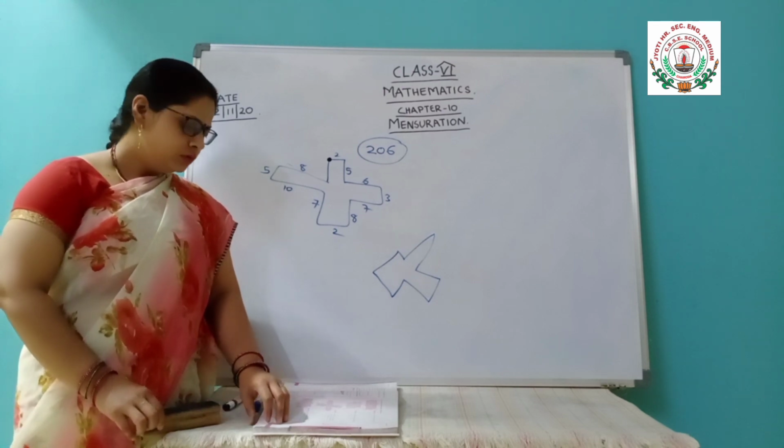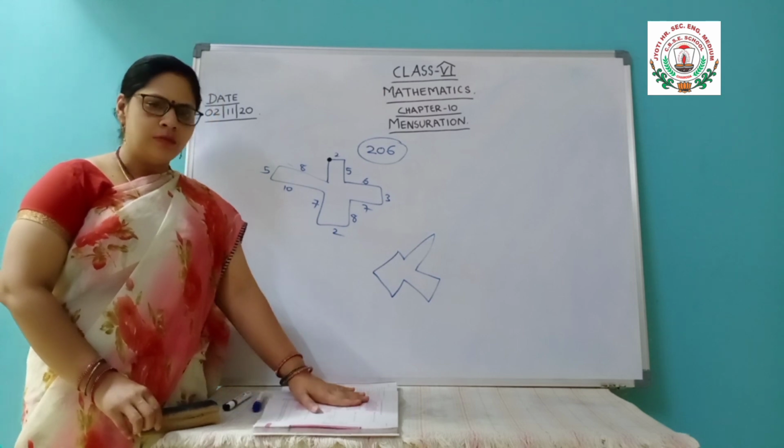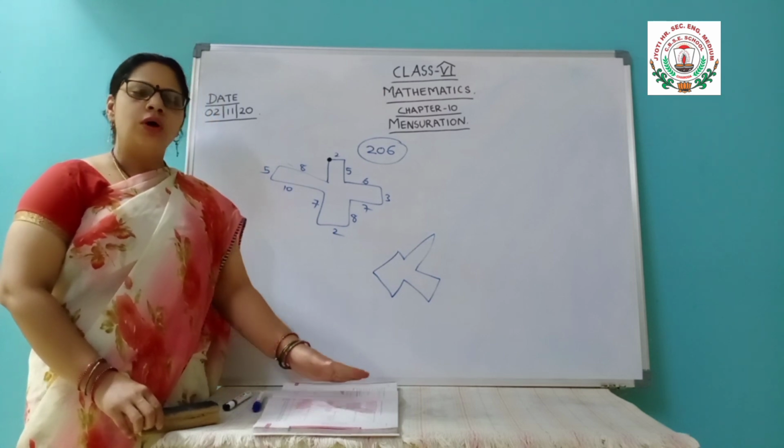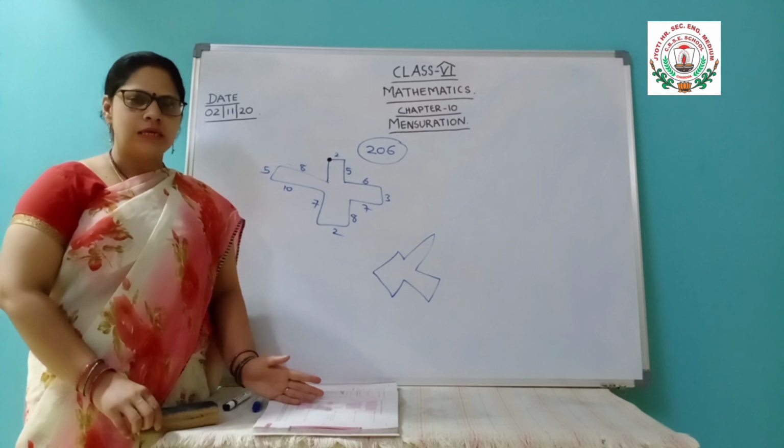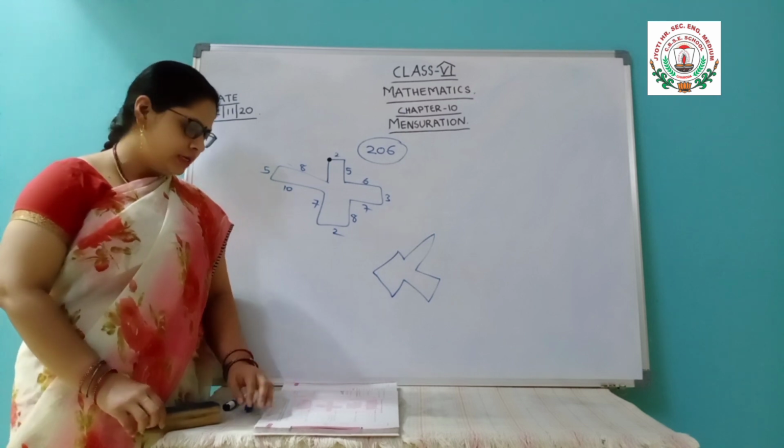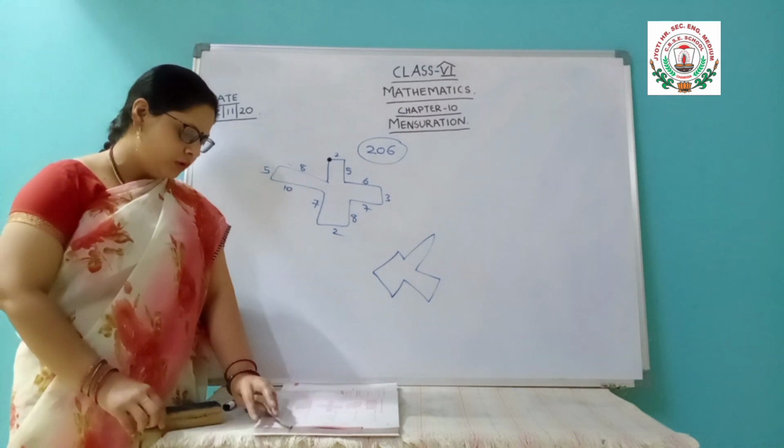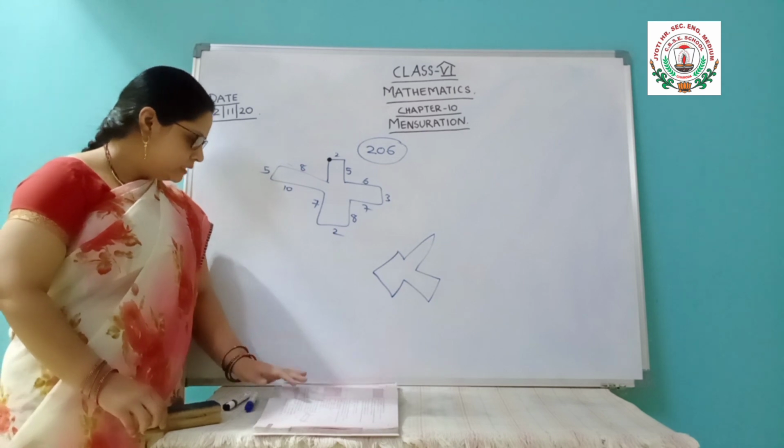That you have to solve. Perimeter means, how to find? All the sides are given, you have to just add them. There is no difficulty; you have to do it on your own. Then the next thing is that